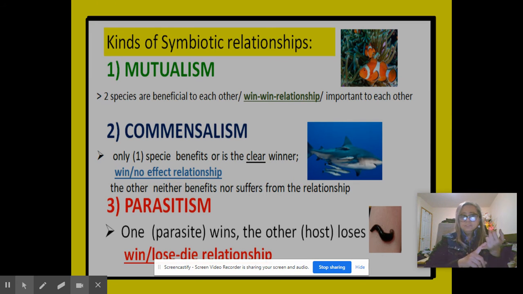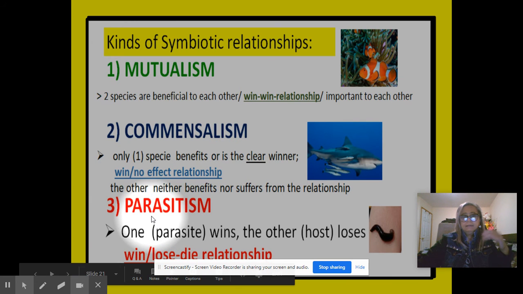Mutualism: two species are beneficial to each other. It's a win-win relationship. Commensalism: only one species is the clear winner. Win, no effect relationship, as I call it. Now, the third one, parasitism, from the word parasite: one wins, the other loses, or it's a win, lose, or